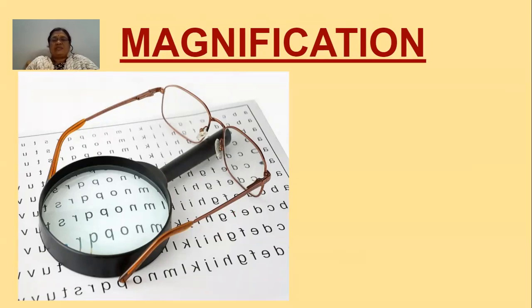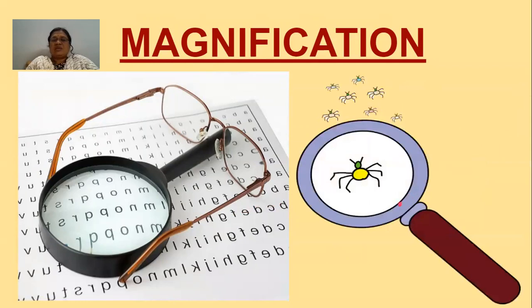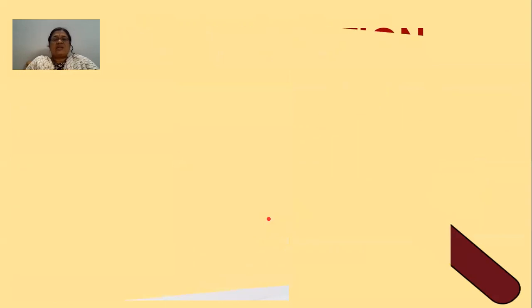See, this, we use this microscope. What it will do, it will magnify the creature. See here, the small creature, when we see through this magnifying glass, it appears big. So for magnifying purposes, we use all these instruments. Likewise,